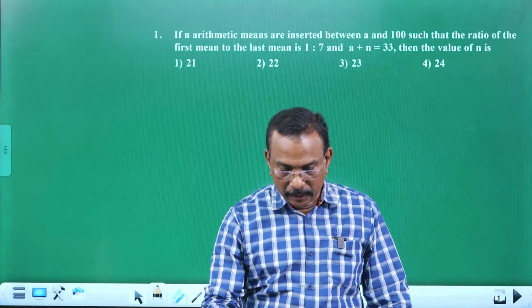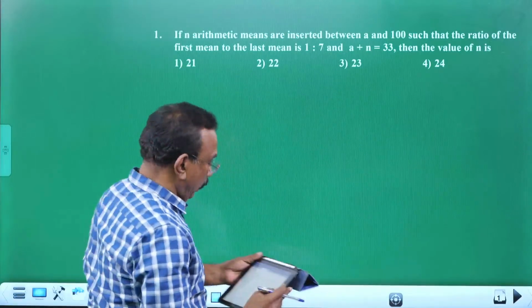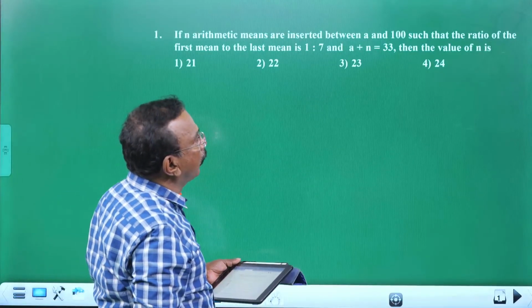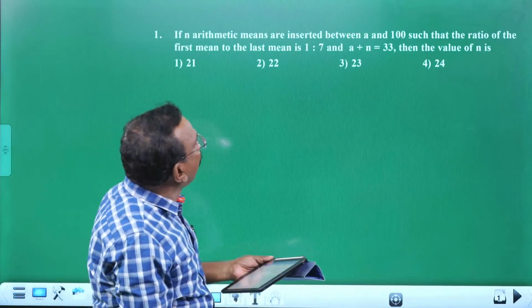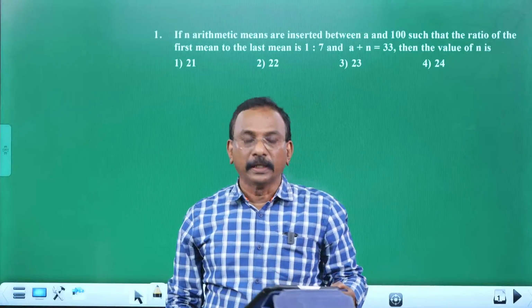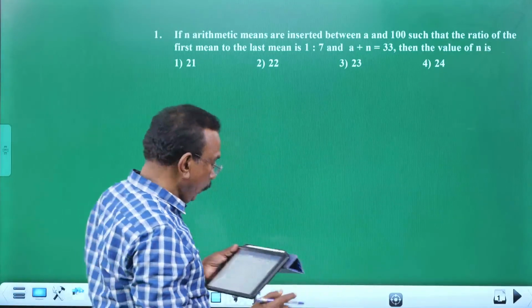Okay, we can start. Our first question is: n arithmetic means are inserted between a and 100 such that the ratio of the first mean to the last mean is 1:7 and a plus n is equal to 33. Then the value of n is, so here